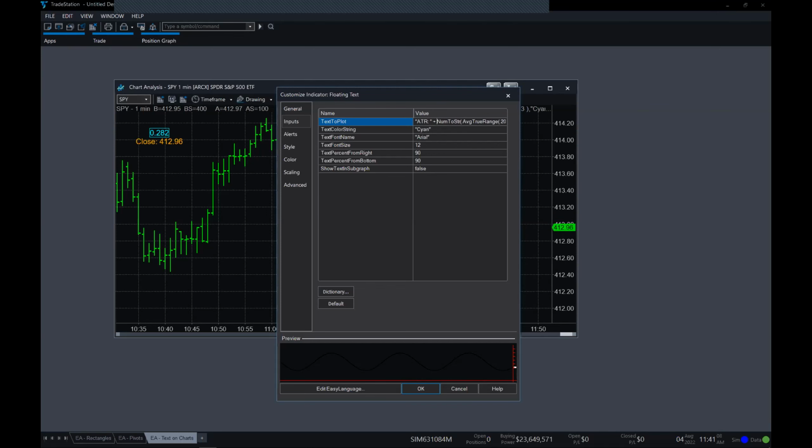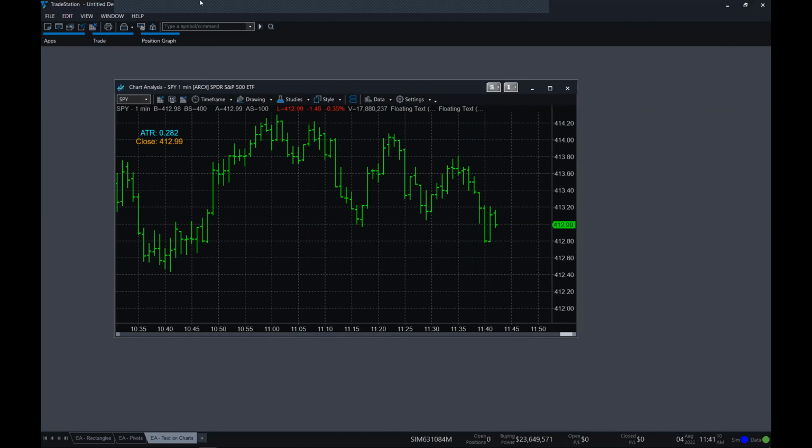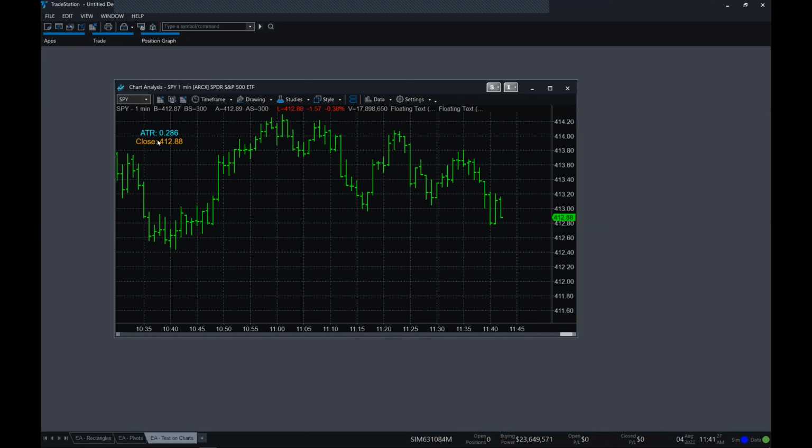And now we've got a little more sophisticated display. And if we wanted to, we could concatenate other text. We could make one big piece of text that has the ATR and the close or whatever else, the RSI or anything else. Anyway, I just wanted to show that you can put it on there multiple times and create sophisticated strings as the input.